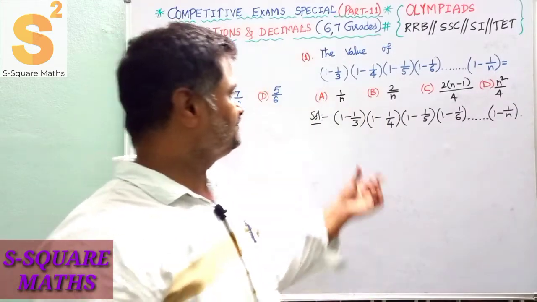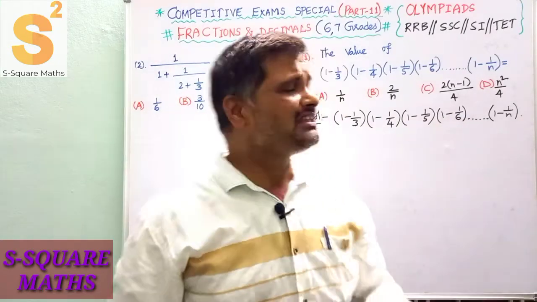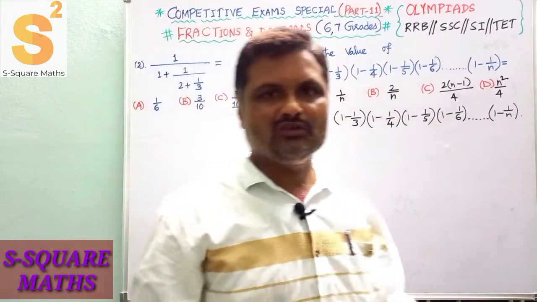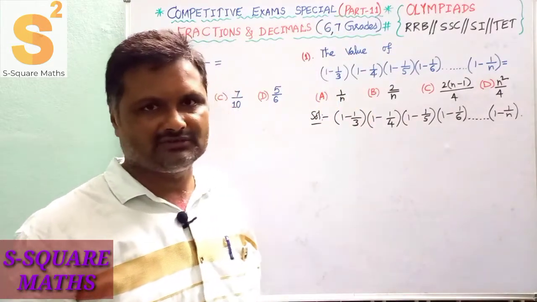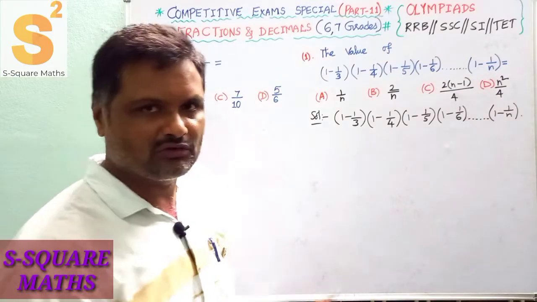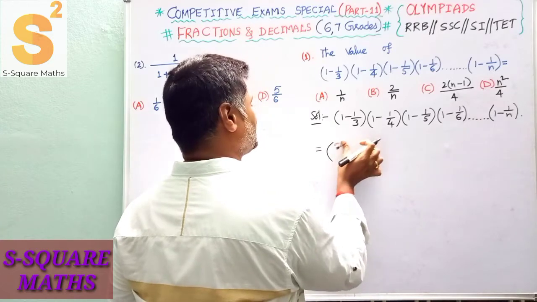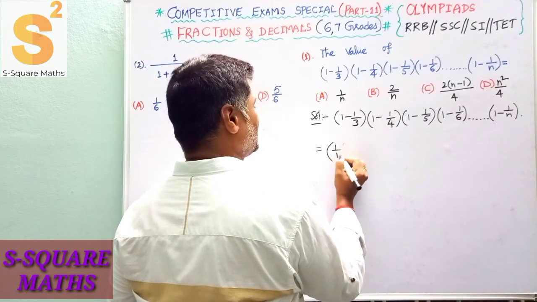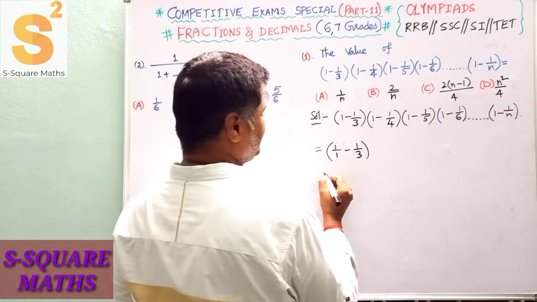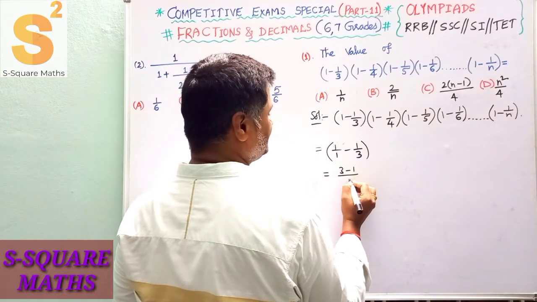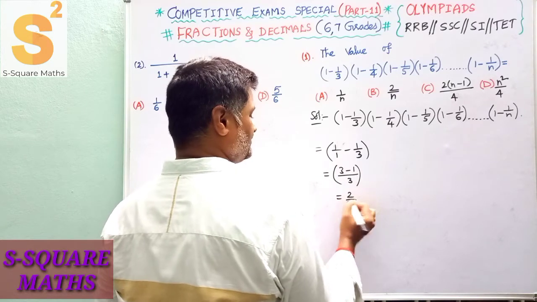So you have the product, multiplication between these, and you have to evaluate. Now since it is a competitive examination, your time starts from now. You have to be able to solve it in 1 minute. For the students' sake I am saying it slowly. Now here this can be written as 2 by 3. How it is 2 by 3, I am explaining. 1 minus 1 by 3 is nothing but (3 minus 1) by 3, so here it is 2 by 3.